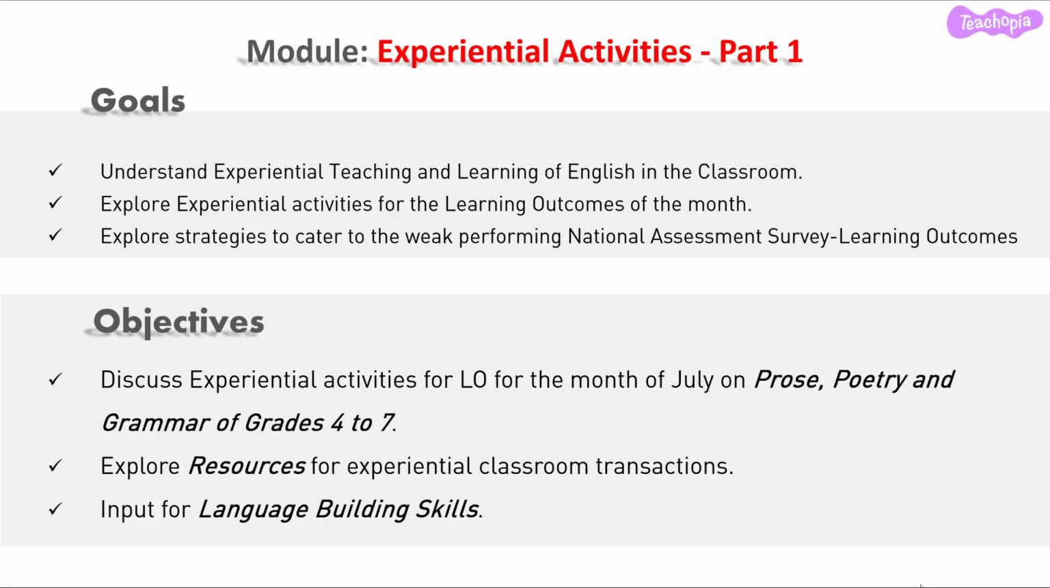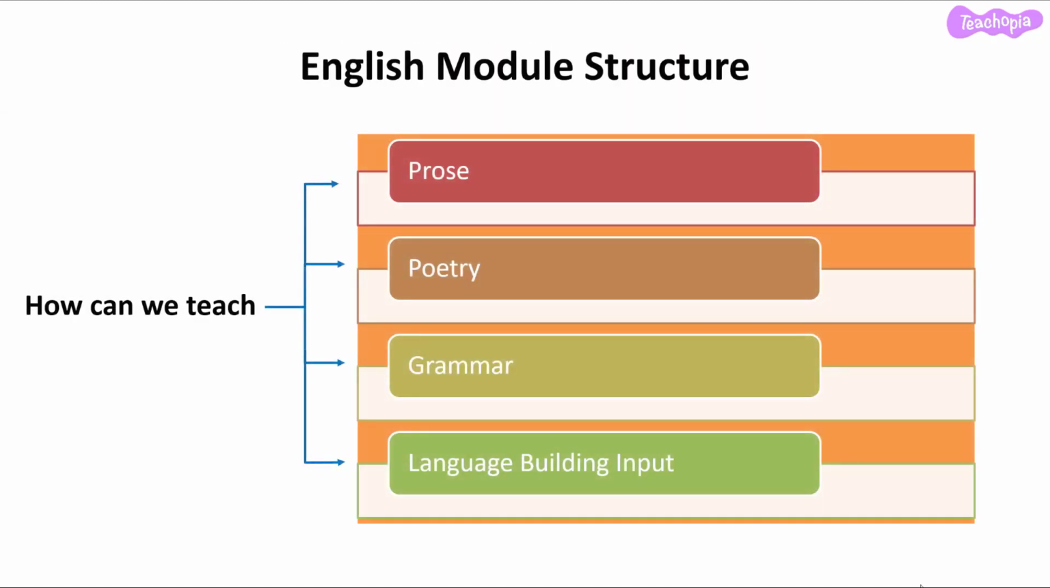By the end of this module, we can expect to learn experiential teaching learning activities for prose, poetry, and grammar concepts for this month. We also will understand how we can use resources to have successful experiential classroom transactions and gain some inputs to help us build language skills. In this module, we will begin with prose, move on to poetry, then grammar, and finally, we will receive some